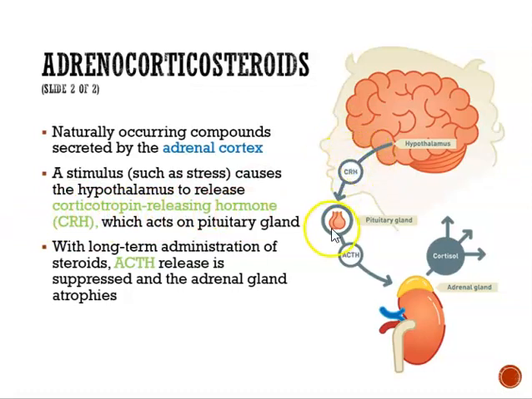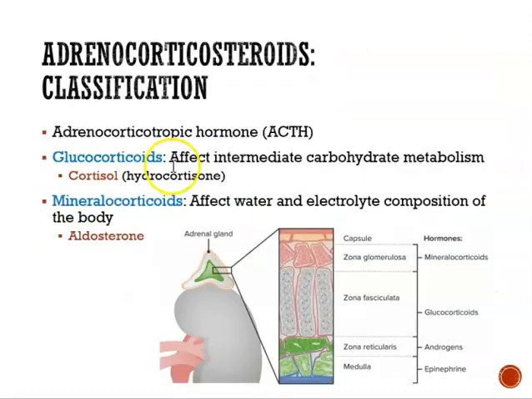The CRH then goes to the pituitary gland. So in our brain, we have this really, really small gland. It's like a pea-sized gland, but it's a really important gland. That's called the pituitary gland. And this gland sits right under the hypothalamus, really small, but it's a very important gland because it makes hormones. So let's say you're stressed, the hypothalamus releases the CRH hormone. The CRH hormone then goes to the pituitary gland, which tells the pituitary gland to release the ACTH hormone. The ACTH hormone is known as the adrenocorticotropic hormone.